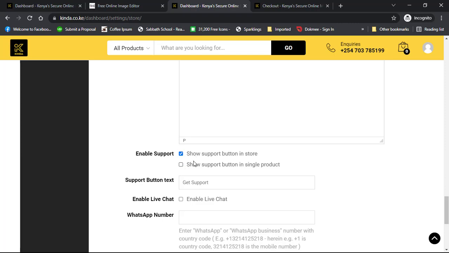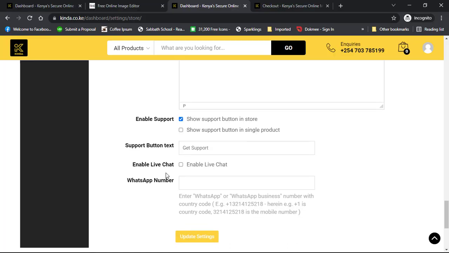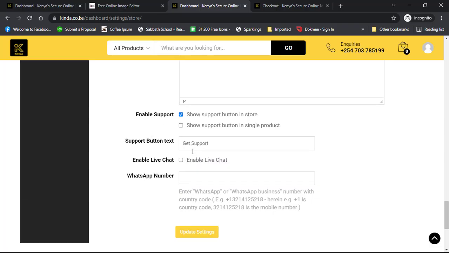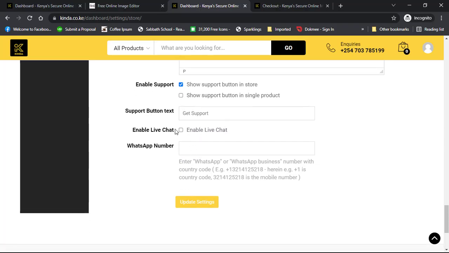It will not be necessary for me on a single product, but I will show the support button in my store. Then the support button text, you can always customize it from this end. By default it is get support. Then you can enable this. If you enable this, it will